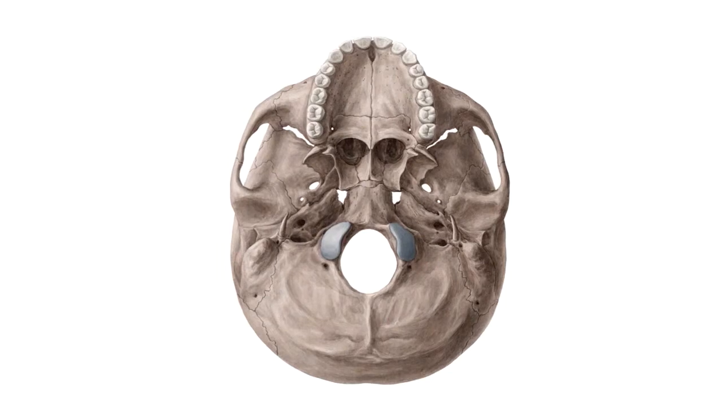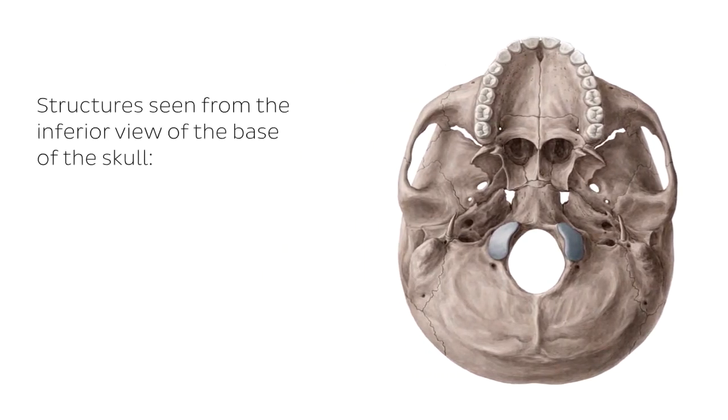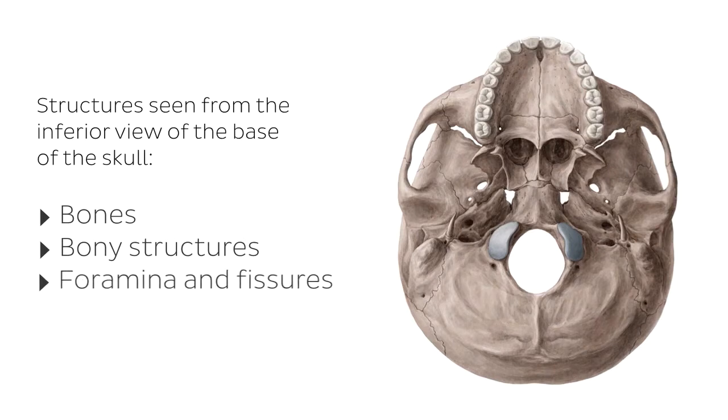So what I'm going to be doing is focusing on different structures that we're going to be seeing on the inferior view of the base of the skull, which is when you just turn the skull and look at the inferior view of the skull, the entire cranium, and removing, of course, the mandible. And now we're going to look at the different structures, which include the bones, the bony landmarks associated to those bones, and most importantly, and the trickiest part, the foramina and the fissures. So all of these little holes, and I'll try to explain what is going to go through these fissures and